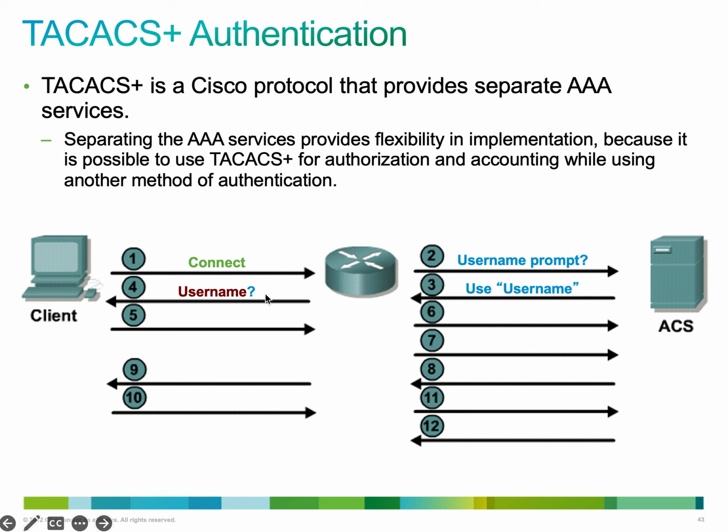Then the router will ask you to give it, to compare whether it's the same. You give your username, say JRO admin. Then the router will forward it to the server: is it JRO, correct? Once it's correct,